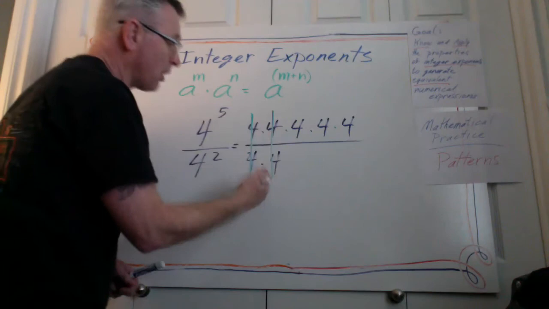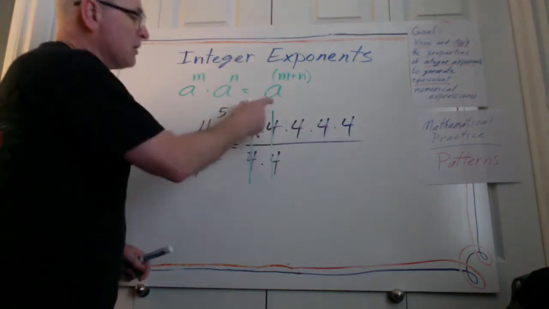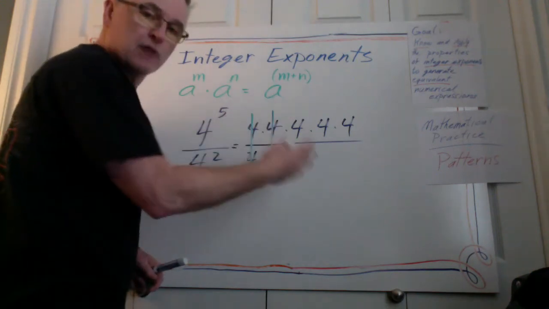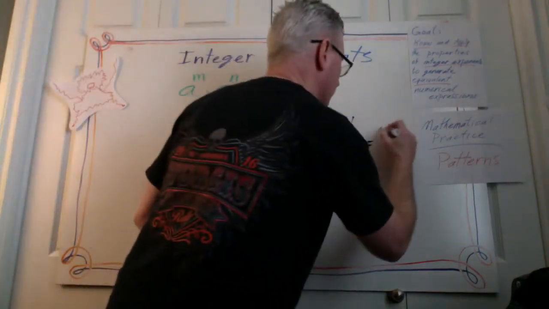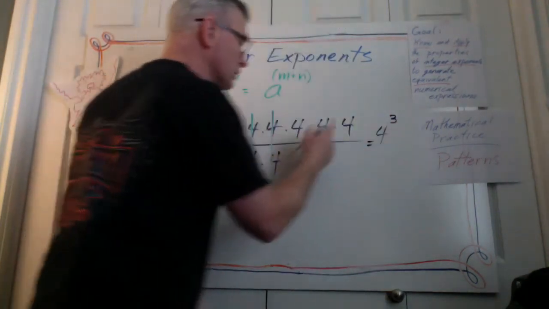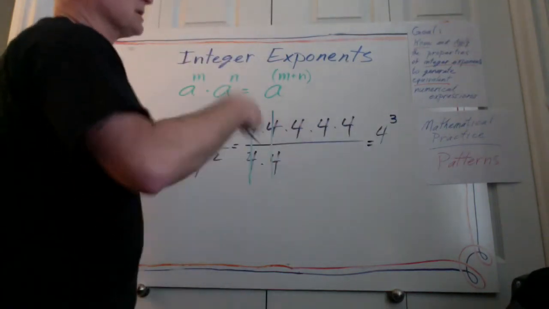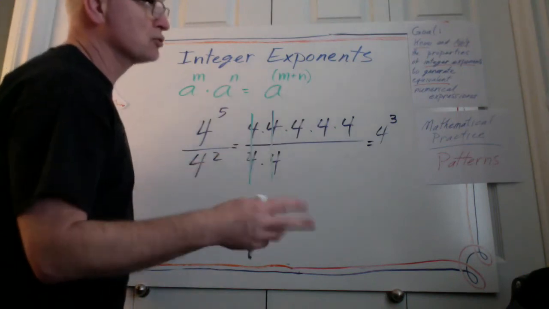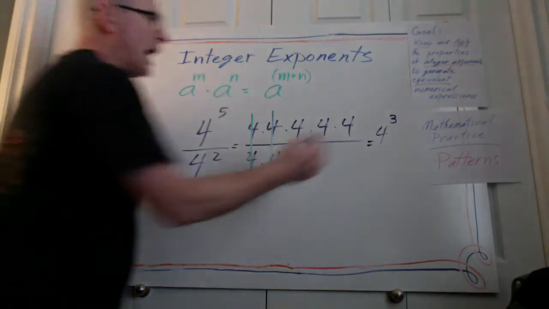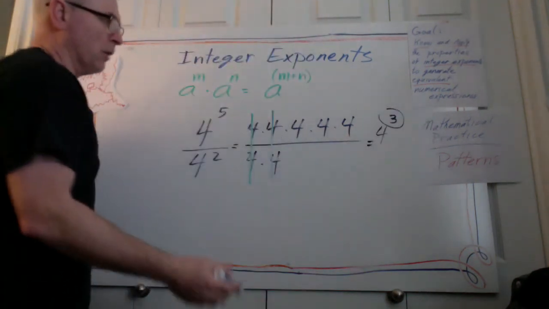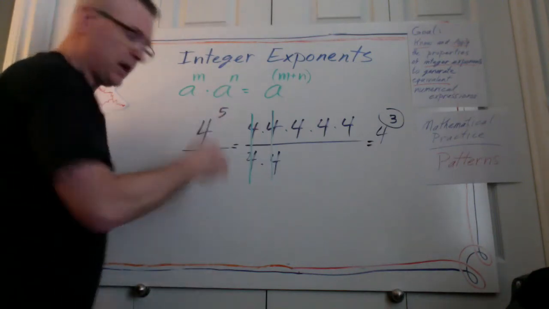So these are actually going to leave the problem, because 4 times 4 times 4 times 1 times 1, these are not part of my solution. And then I end up with 4 to the 3rd. 1, 2, 3 is all that's left. All right? So it would be 4 times 4, which is 16, times 4, which is 64. So what happened? How did I get a 3 over here? Well, do you think it's a coincidence that there was a 5 up here and